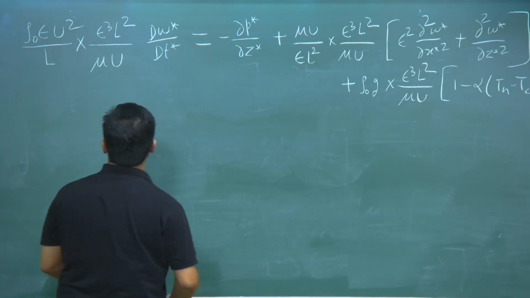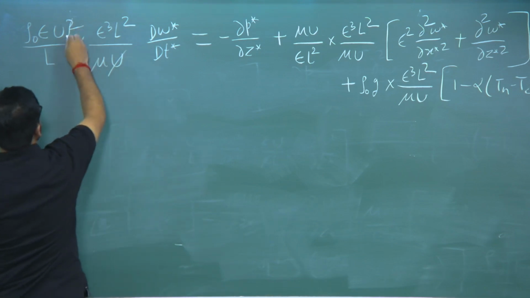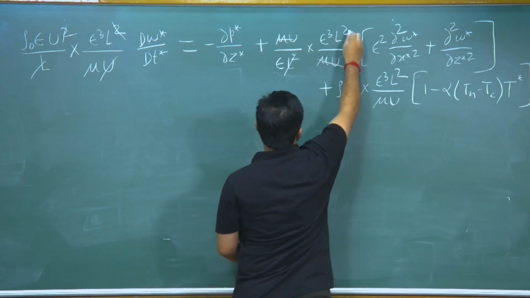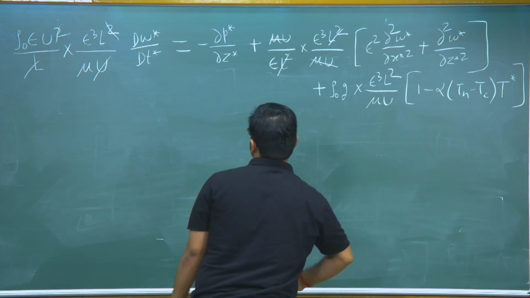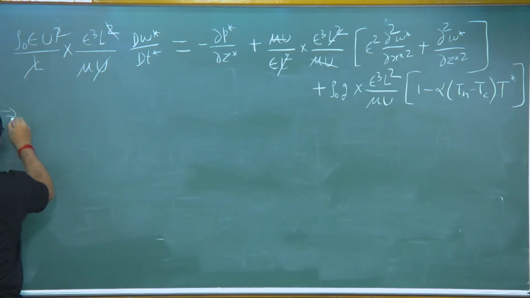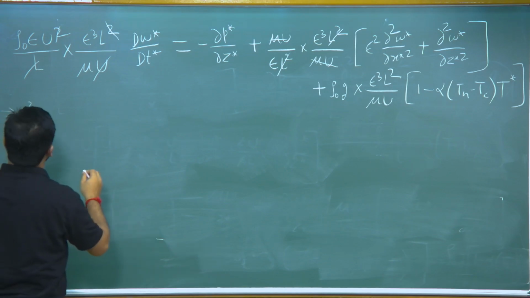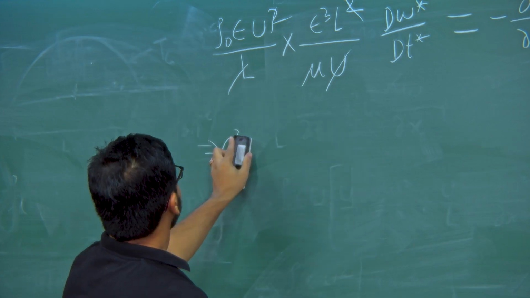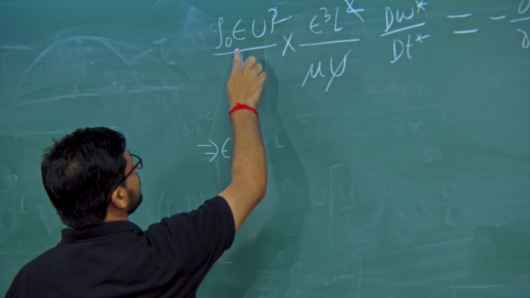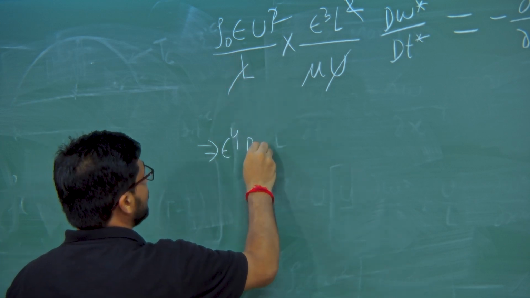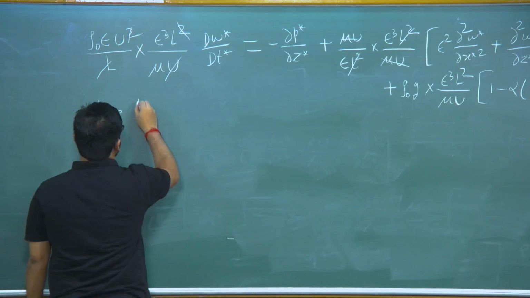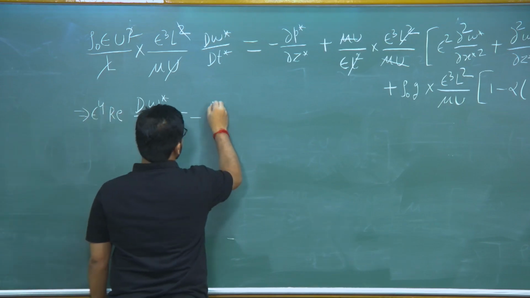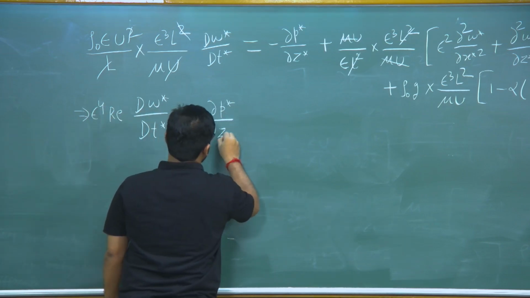So, now here we will cancel some of the terms: u will cancel out, L will cancel out, here also mu u will cancel out, L square will cancel out. So here it will become epsilon cube times R e, epsilon to power 4 I think, right, epsilon to power 4 times R e, because epsilon cube and this epsilon. So, epsilon to power 4 times R e into dW star upon dT star, this is equal to minus dou P star upon dou Z star